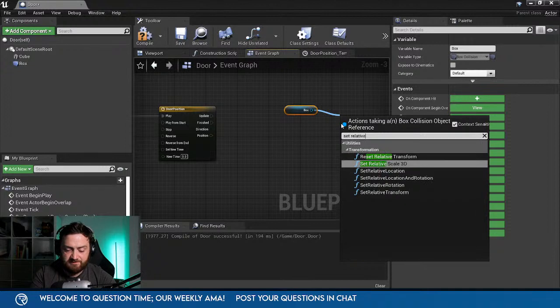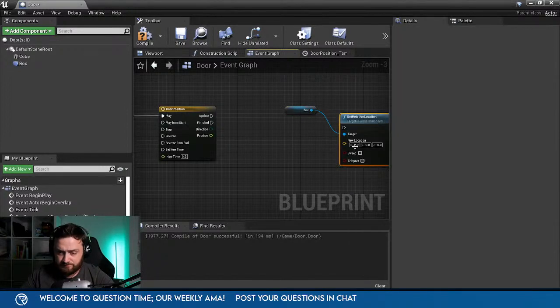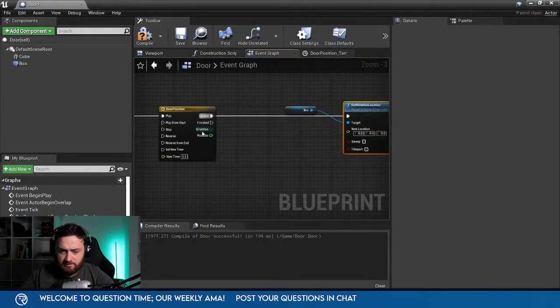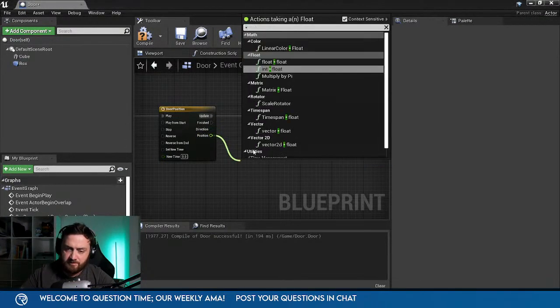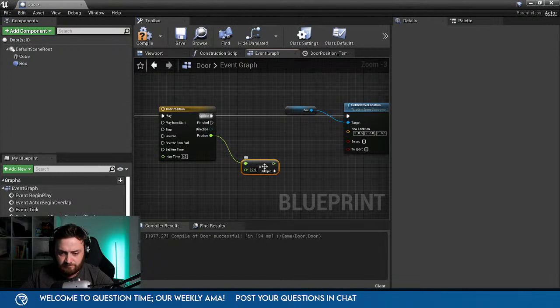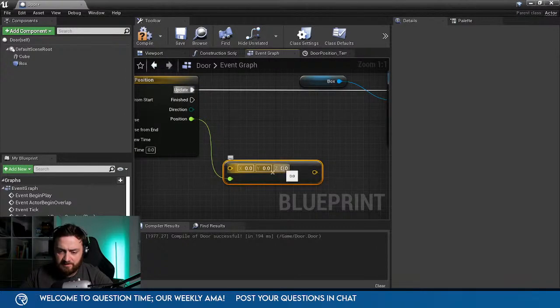Set relative location. That'll be this multiplied by, oh, wrong one. This multiplied by vector. Okay. And the position we want here is minus 300.